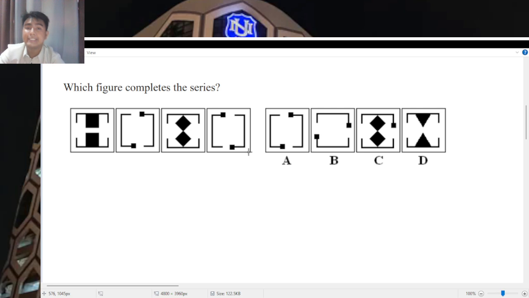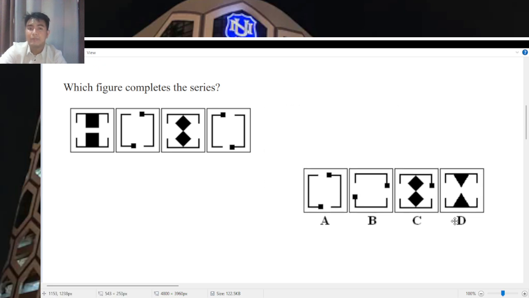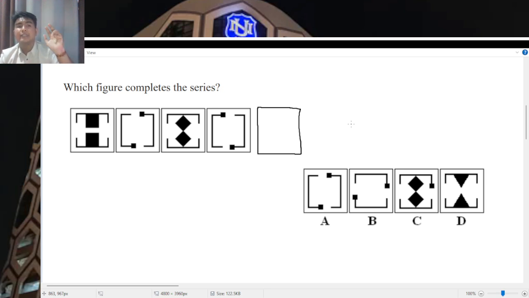Which figure completes the series? These kinds of exercises can help you discern patterns in some objects, may they be rotating, changing appearance, revolving, inverting, etc. So with that, we are looking for the fifth square or the fifth object. So let me write this in here. If you want, student, you can pause this video and try to answer it for yourself. Search for the patterns. And I will answer this question in 5, 4, 3, 2, 1.